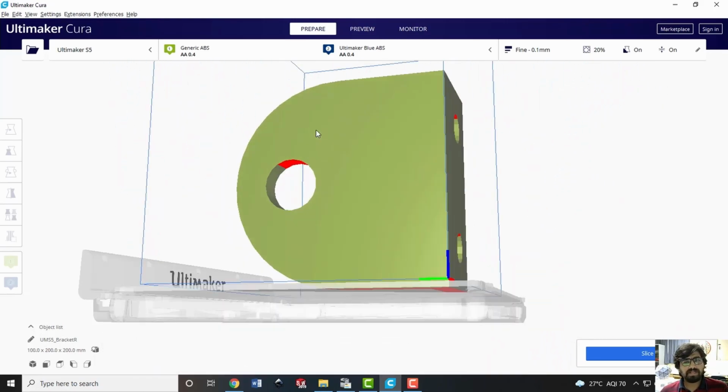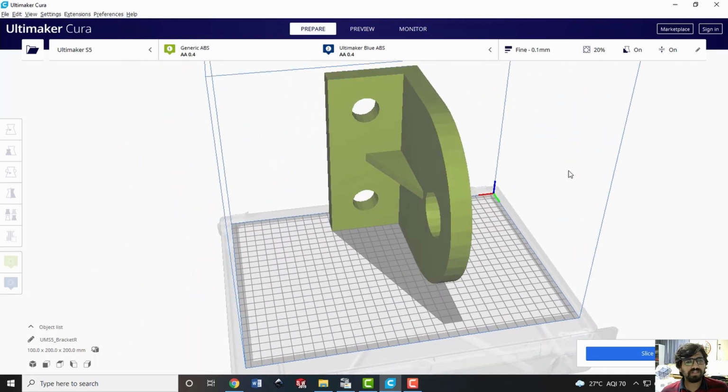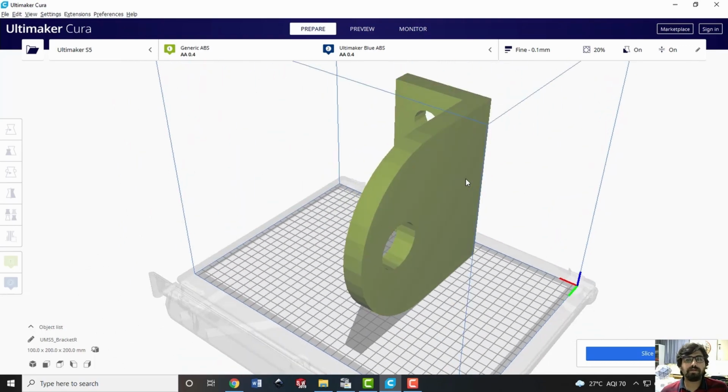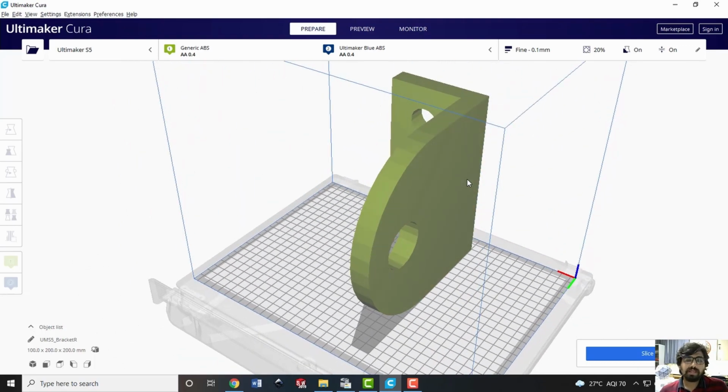So we have made the STL file, and now the STL file is with us. It is properly repaired. The next step is to orient it in such a way that different types of criteria can be fulfilled. We have seen there are several criteria we need to keep in mind while orienting the STL file.